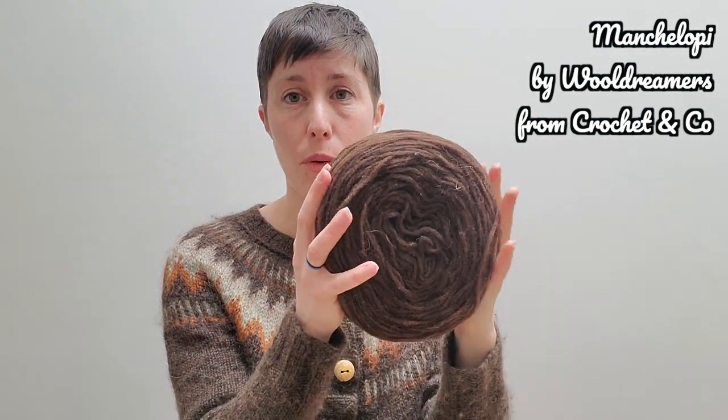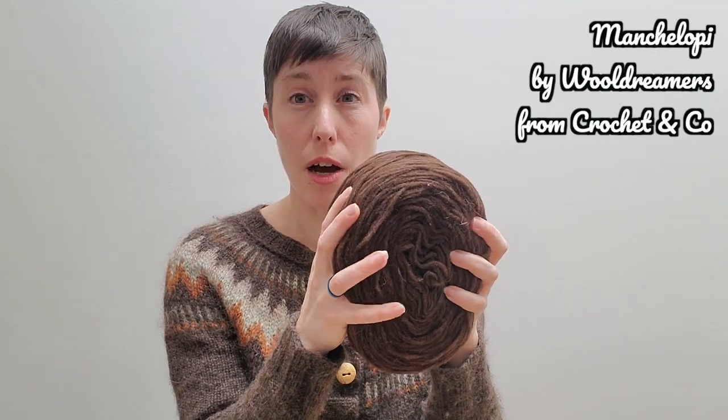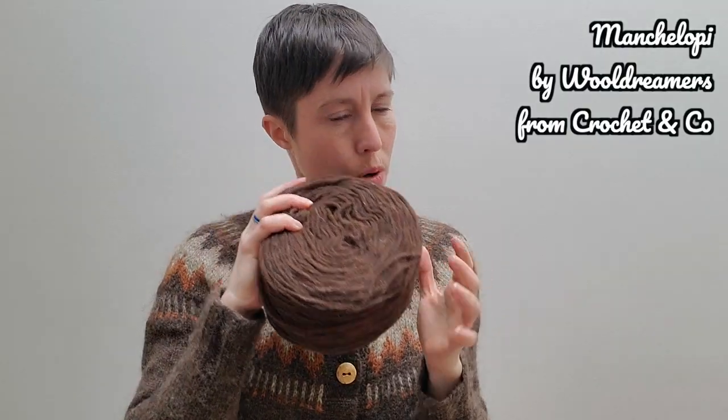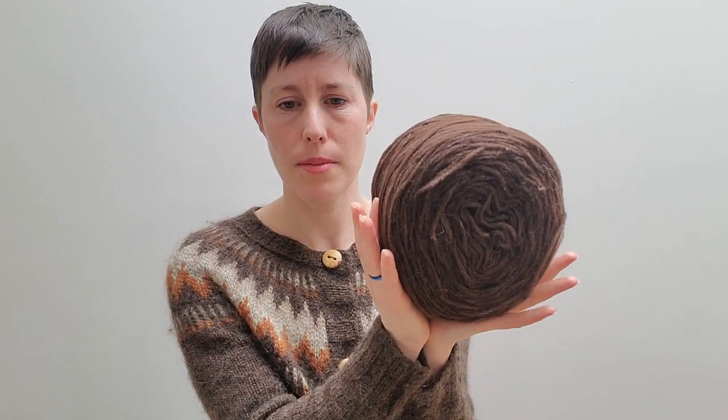This is Manchelopi from the Wool Dreamer. Wool Dreamers is located in Spain. They have these Manchega sheep, and I can tell right away that it's a little bit loftier and springier and probably less scratchy as well. And this one was sent to me by Crochet Co in Montreal, and they have, I believe, 8 colors of this Manchelopi wool, and it is 100 grams,